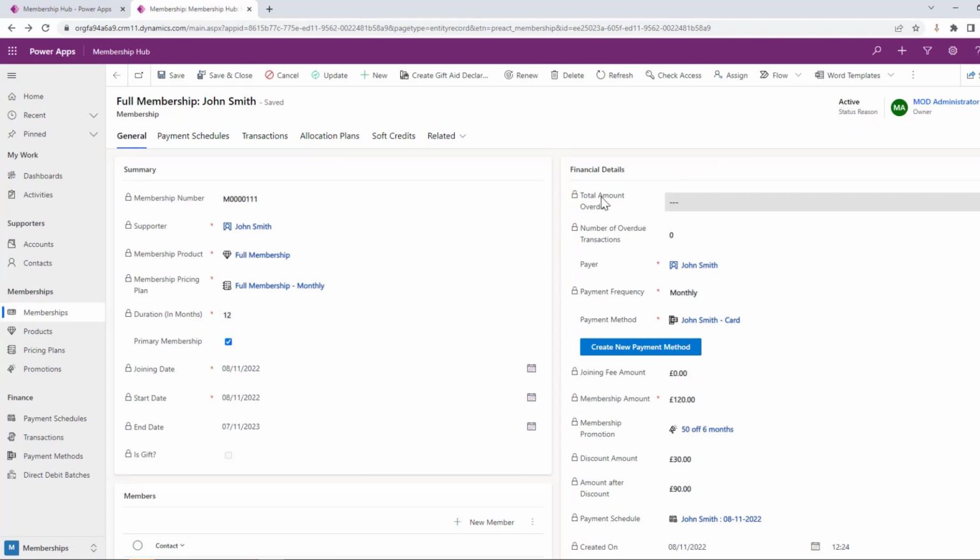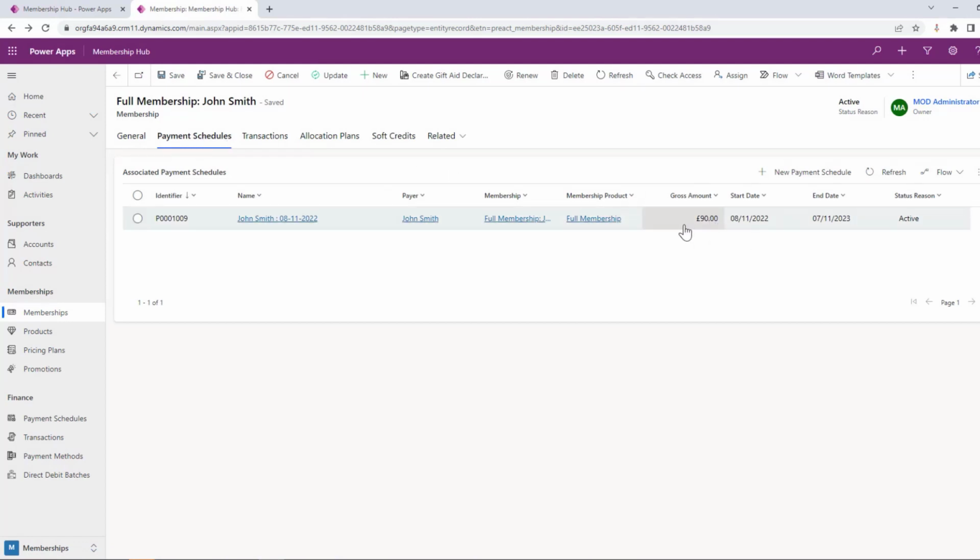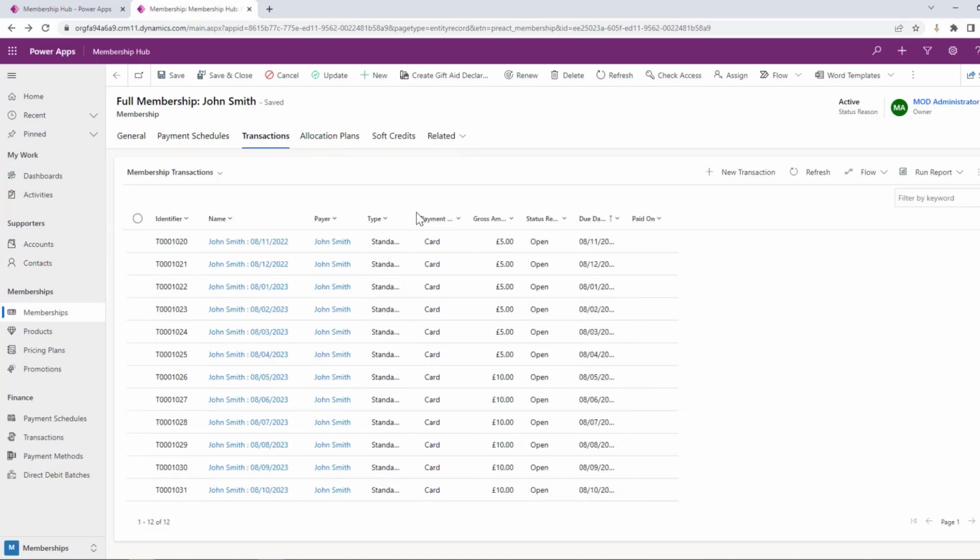And also we have some additional fields now appear at the top to show any transactions which are overdue and any number of transactions which are overdue. So these are automatically calculated for us once transactions become into an overdue state, essentially. I can also have a look at the payment schedules now. We have a payment schedule that's been created with a gross amount of £90, and then we have 12 transactions